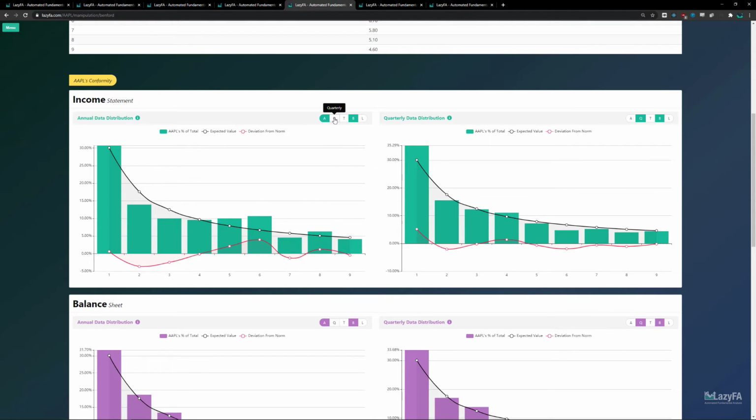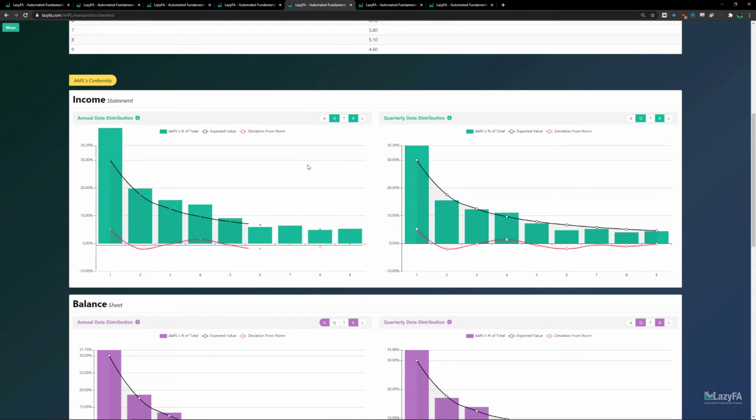What it changes instead is which data it is using to calculate how closely it follows the distribution. So if you're looking at annual data, it's pulling in all of the financial data off of the annual financial statements and looking at the frequency of ones, twos, threes, and fours, and so on. If you use quarterly data, then it is pulling the quarterly financial statement. So there's more data that goes into this distribution when you look at quarterly data. So I personally like to use quarterly or trailing 12 month on this detection algorithm just because you have more